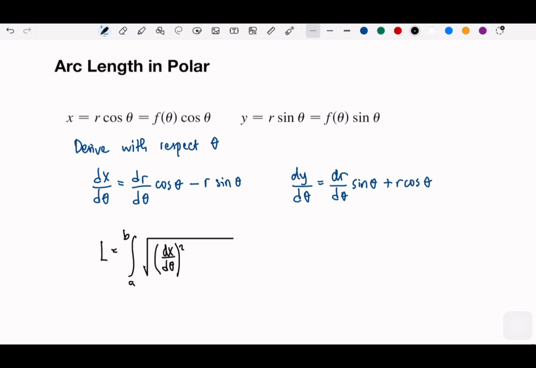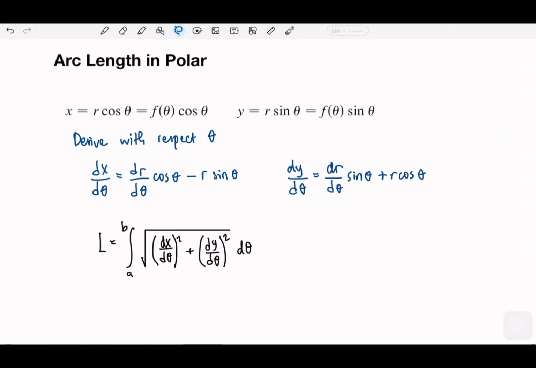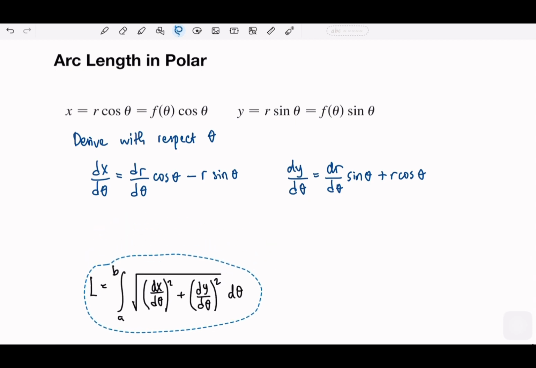So let me write this first and then see what we can do about this. So we have dx d theta squared and then dy d theta squared. Now to get this simplified for dx and dy,